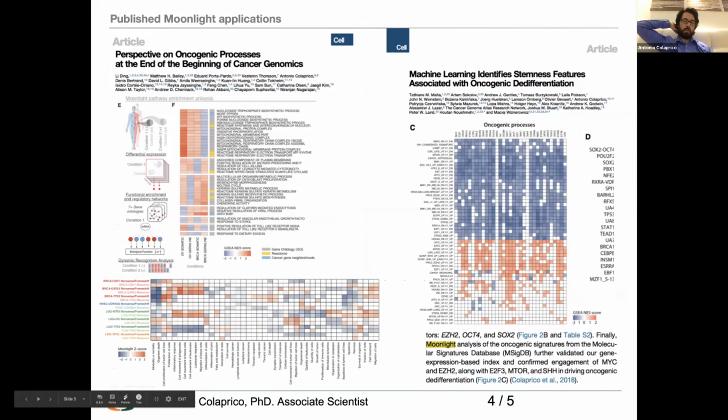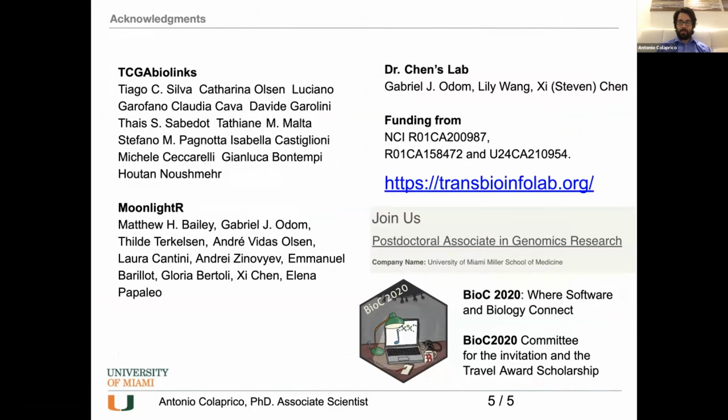So we used Moonlight recently in those two papers to identify oncogenic processes associated with somatic and germline comparison, frameshift and nonsense mutation, and also oncogenic processes and the differentiation associated with the stemness. Last slide, I want to thank everybody that contributed, not only me,